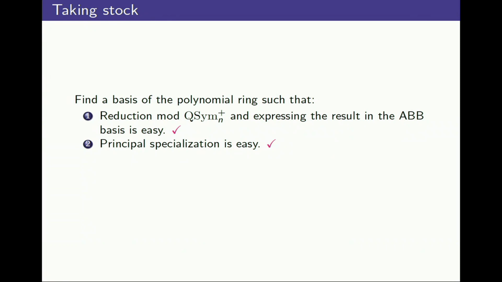I want to apply this to Schubert polynomials. Right? My end goal was to compute the divided symmetrization of Schubert polynomials. So that is what remains to be done. Once I express Schuberts in terms of forests, and then reduce modulo QSym, things whose support exceeds n minus 1 are going to die. Things whose support doesn't exceed that are going to survive. And then I specialize all variables equal to 1.